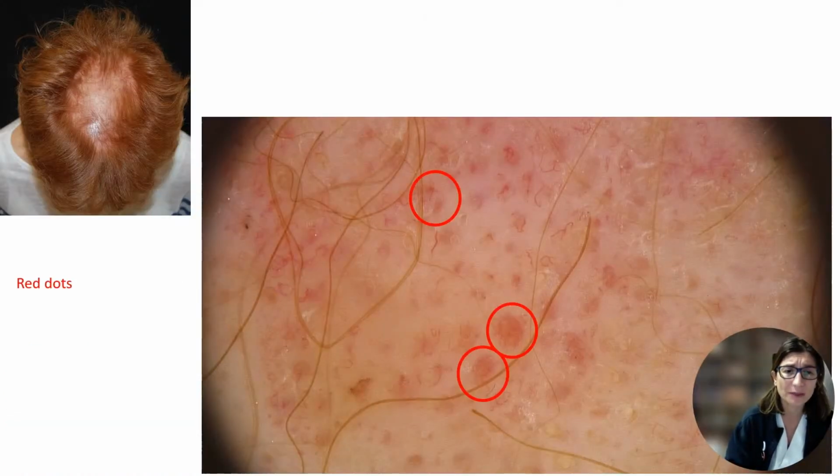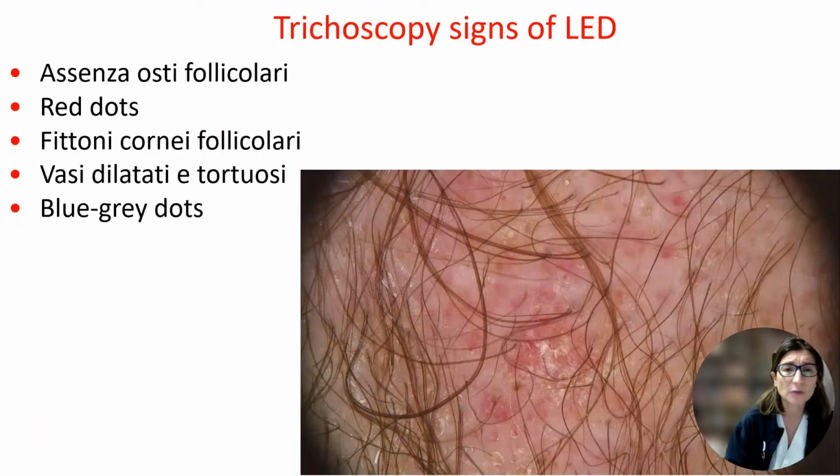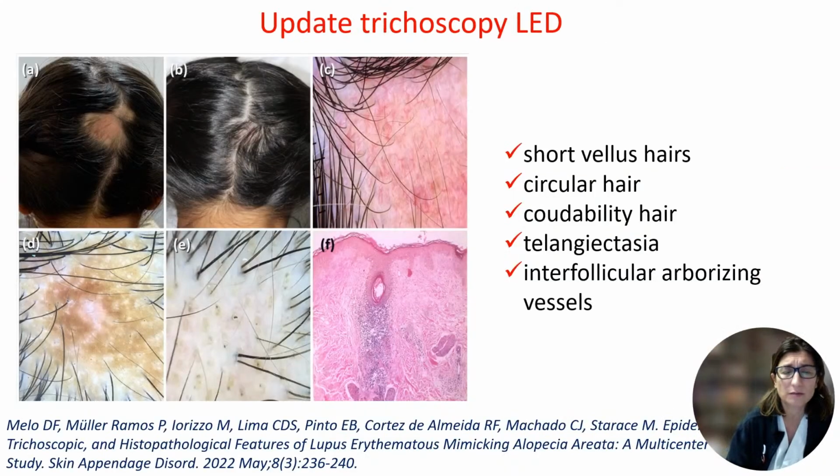In case of red dots, keratotic plaque, dilated vessels, and cicatricial area, this is discoid lupus erythematosus. The trichoscopy signs are well recognized: absence of follicular ostia, red dots, keratotic plugs, dilated vessels with a tortuous aspect, and blue-gray dots. Also, all the updates again confirm the role of trichoscopy, trying to avoid invasive methods such as